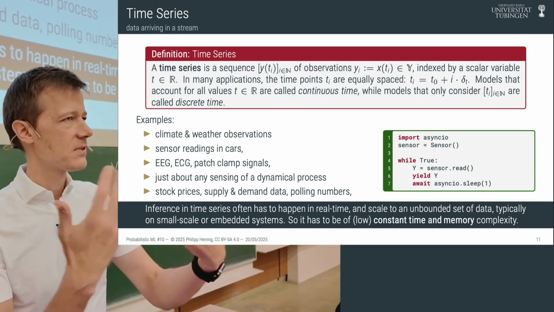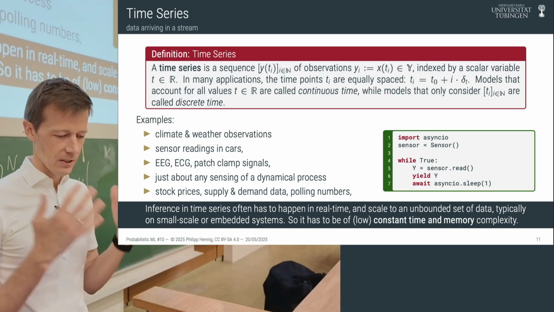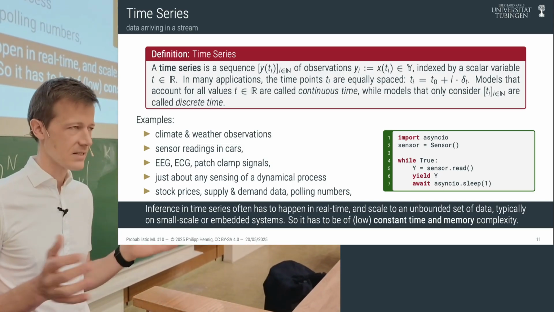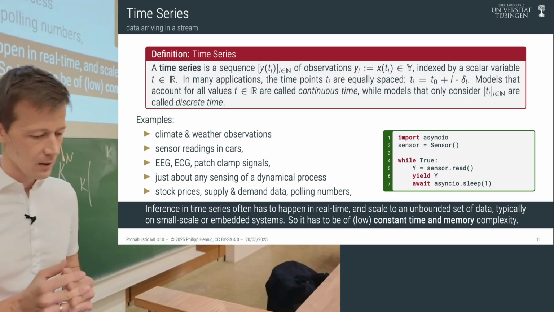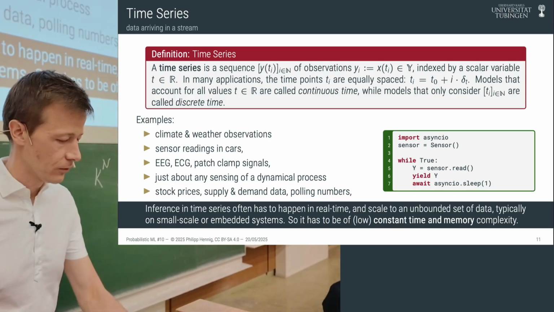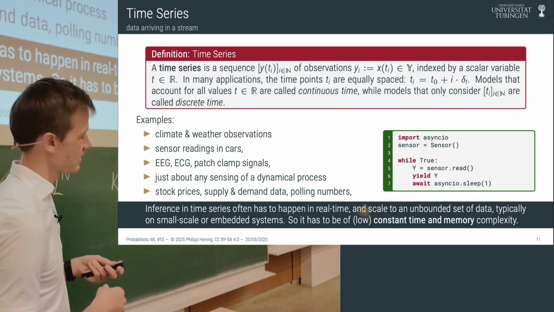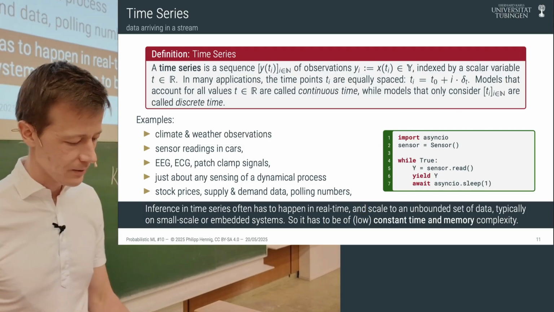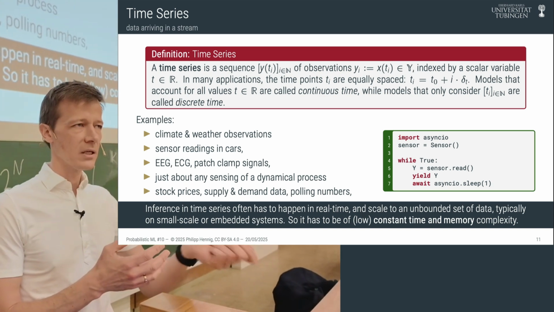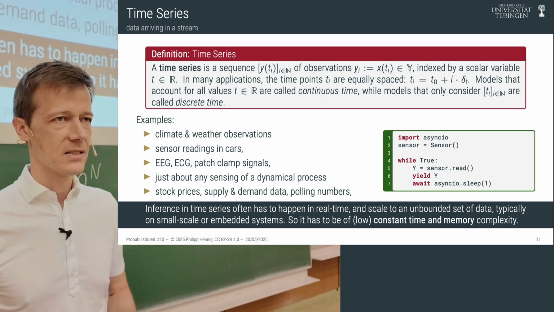That always keeps capacity for new data. Medical applications, stock prices, financial modeling, and so on. So the setting here is, I wrote a little picture here as well, a symbolic type of setting where you keep drawing from a sensor across time, and you want a model that never runs out of capacity.